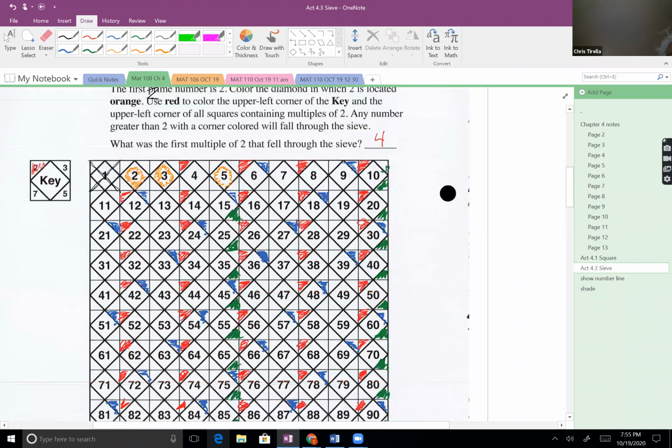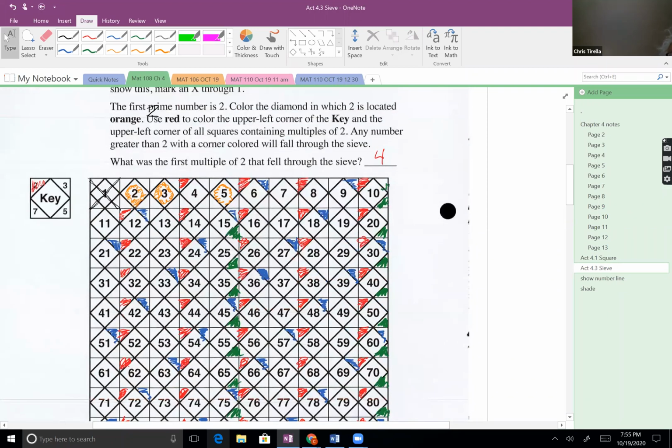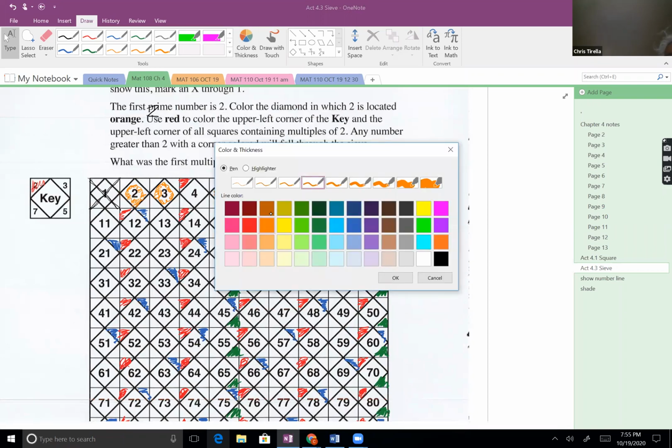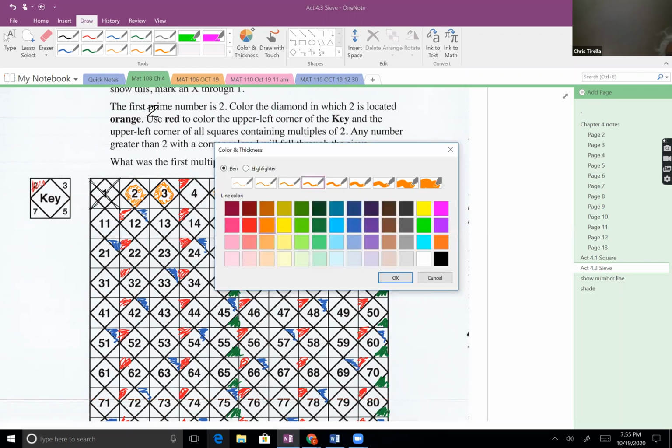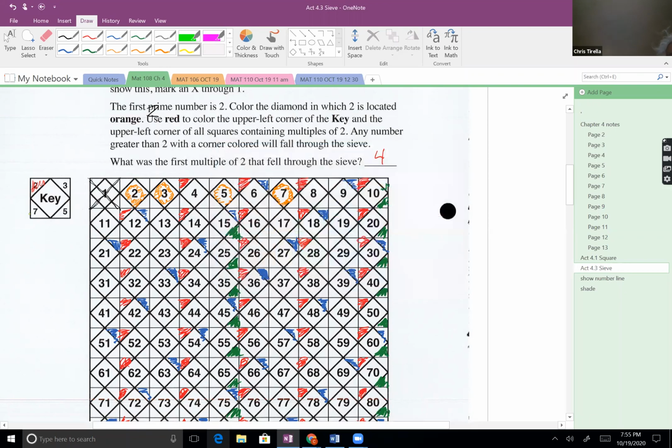And then the next number that's left is 7. So that would be a prime. And then I think they asked us to use yellow to color in that other lower corner with the multiples of 7. So we'd have